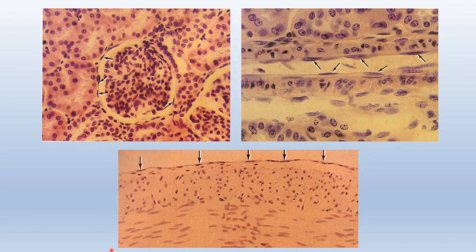In this picture, we can see the simple squamous epithelium. Like this is the simple squamous epithelium. We can see the nucleus of the simple squamous epithelium. And this is the mesothelium. We can see this is the mesothelium, consisting of simple squamous epithelium. And also like this, we can see the clear, flattened nucleus in this epithelium.